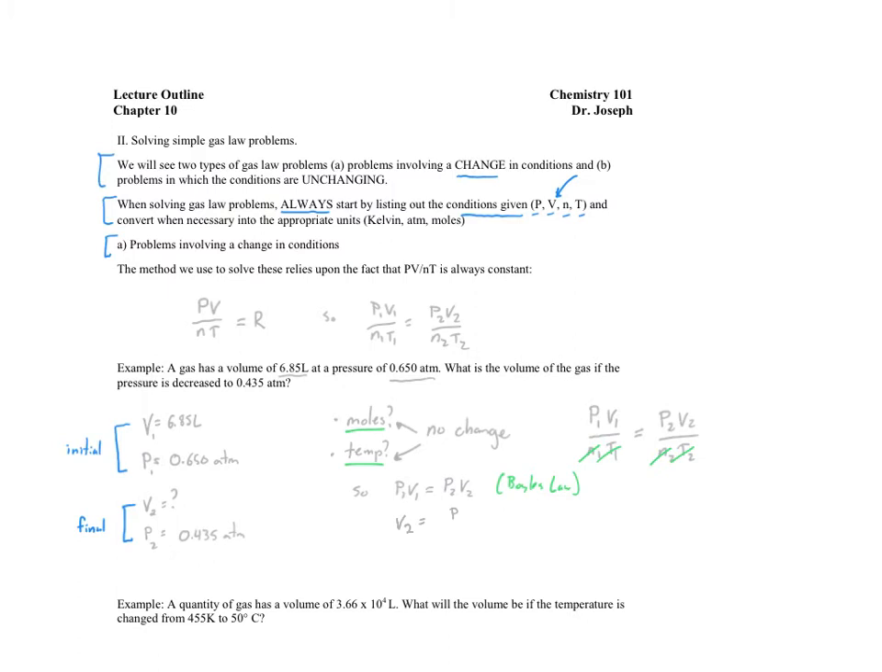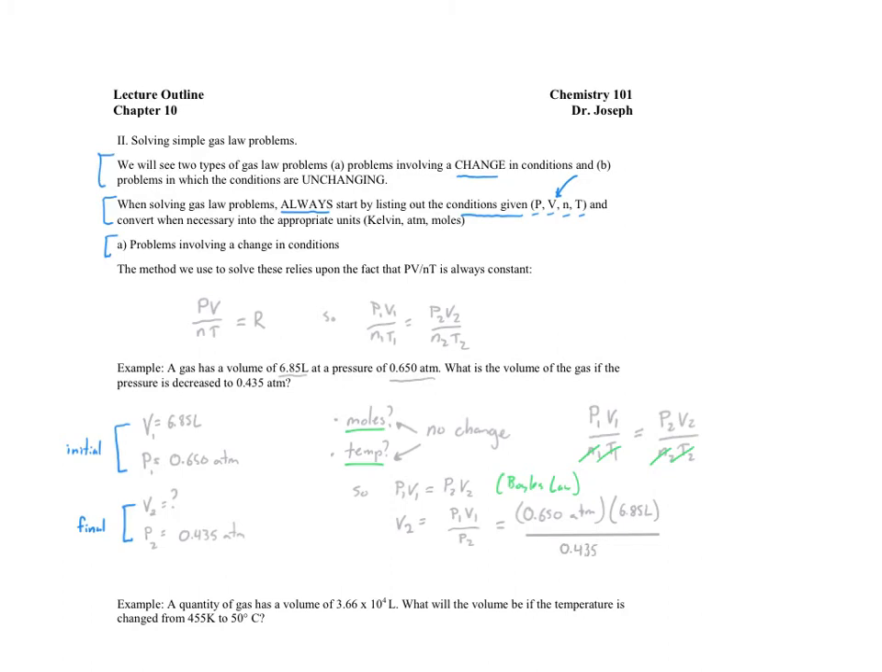So V2 is going to be equal to P1 times V1 divided by P2. Now we just have to plug in these values. P1 is 0.650, that's units of atmospheres. We're multiplying that by the initial volume, which is 6.85 liters. And then we're dividing this by the second pressure, which is